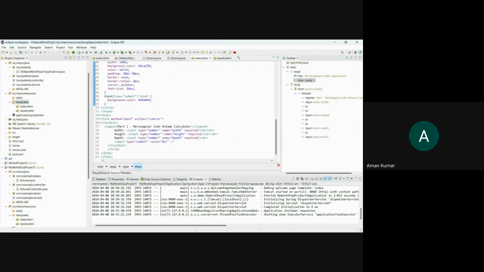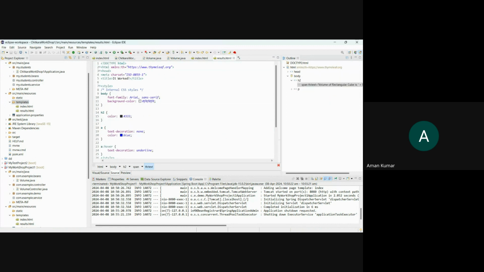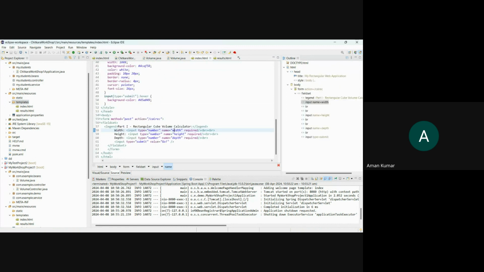Whatever input I take, I will transfer this input to the result.html web page, and all of it will be handled by my Java program, which means the controller. As you can see, length, width, height, this is input, which means whenever we have an input, we just need to create one web page using HTML and CSS. After that, for the result, volume equals width, height and so on, we need to create another web page,